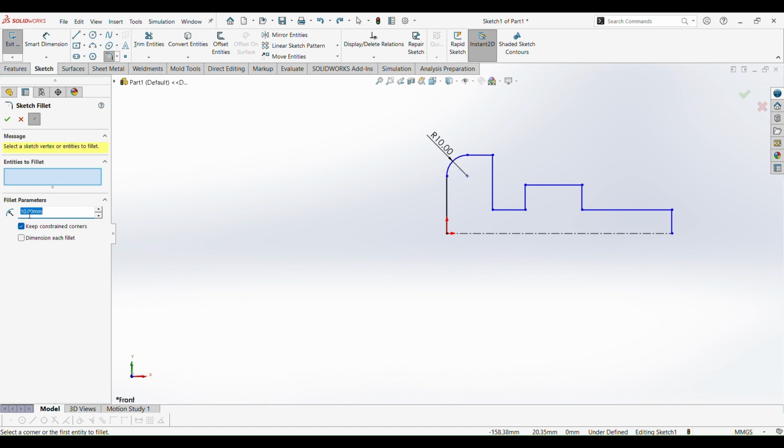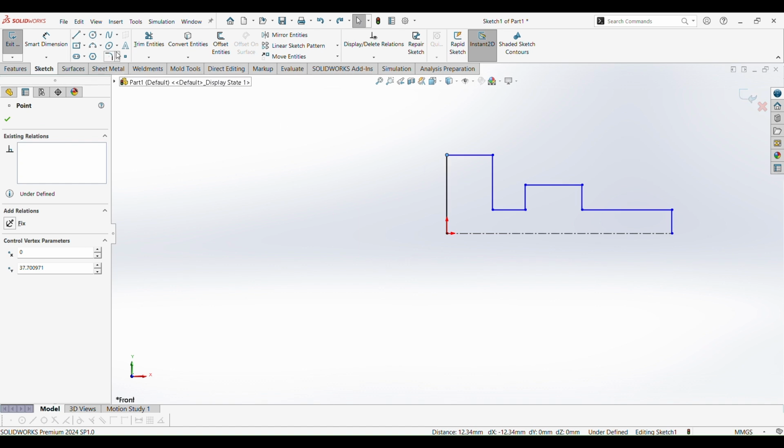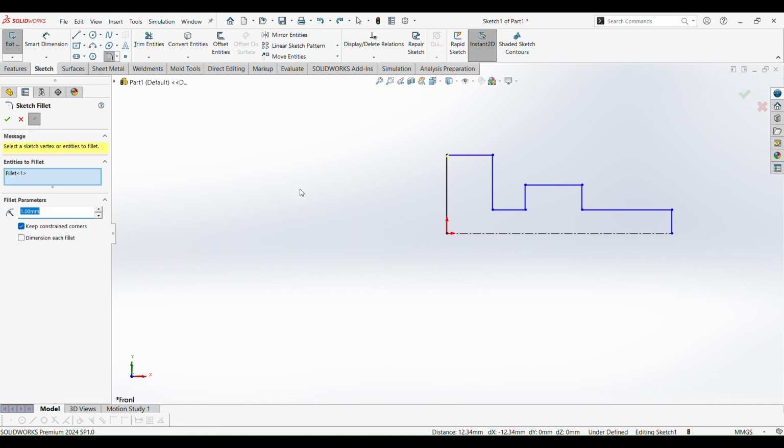Select fillet, enter smart dimension 1 mm, enter. Again select fillet. Okay,